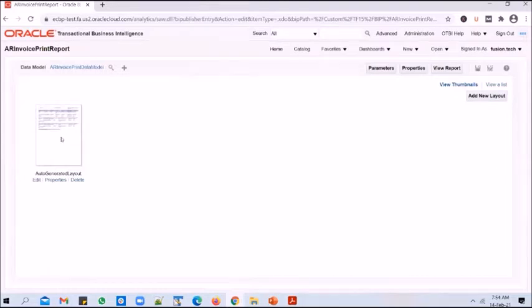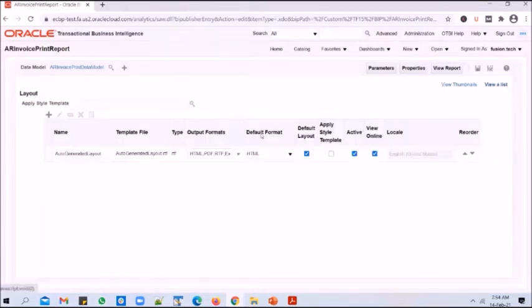And when we ran this report, it generated output in HTML by default, right? So where are those options coming from? Those options are coming from this view a list option. So if you click on view a list, we're currently in view thumbnails. So that's why you're seeing the thumbnails option. If you click on view a list, you will be able to see the layout name, and you will be able to see the RTF template that is generated, the rich text format template, in case you are hearing it for the first time.